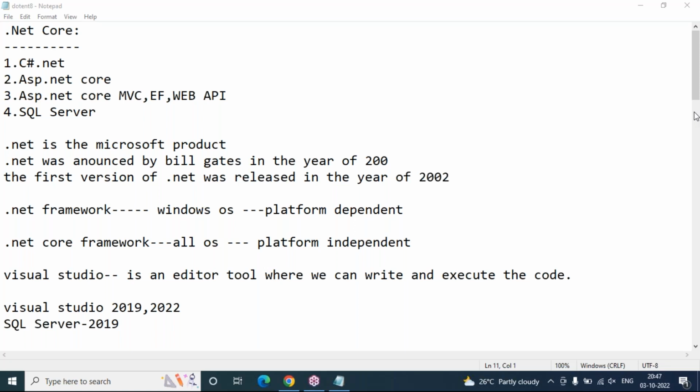Sir, you are teaching C# from scratch, right? From basics? I don't have any knowledge. No problem. C#.NET, very basic, from scratch. Fundamentals, data types, loops, control statements, operators, everything will be taught to you. Don't worry about that, okay? Okay, sir.